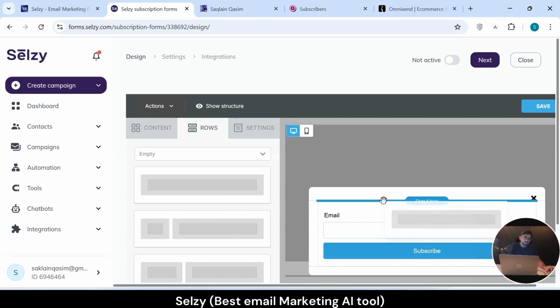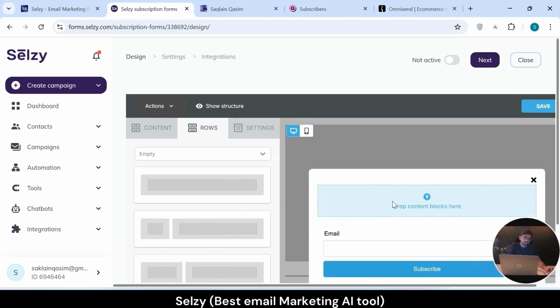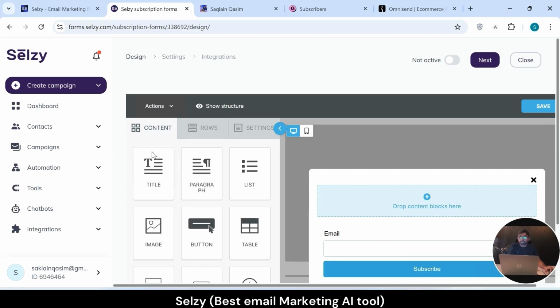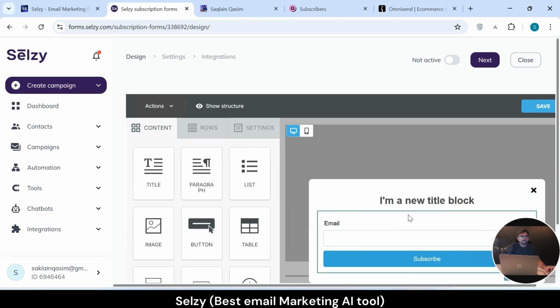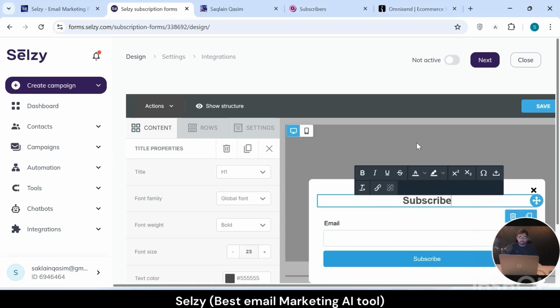For example, you can see I am going to drag this one here, and after that go into the content section and drag what you want to add. For example, you can add a title, an image, a button, and even a table. In my case, let's say I want to add a title, I will simply drag this one onto the section where I want to add it. So here you can see I have added the title. I will simply rename it: Subscribe to my